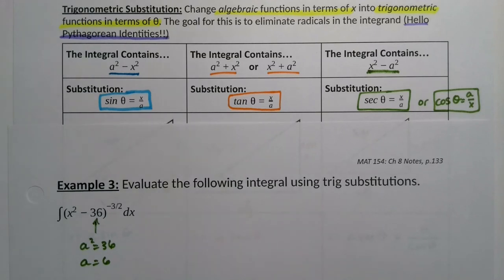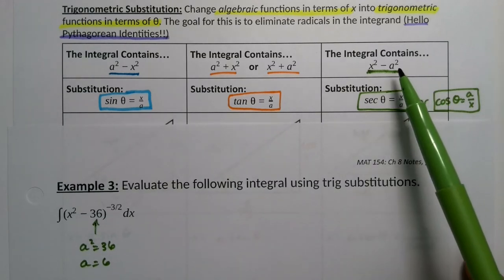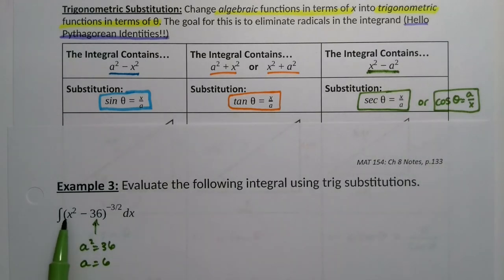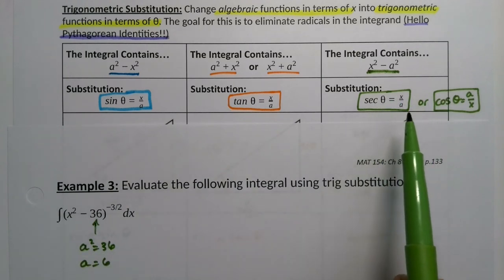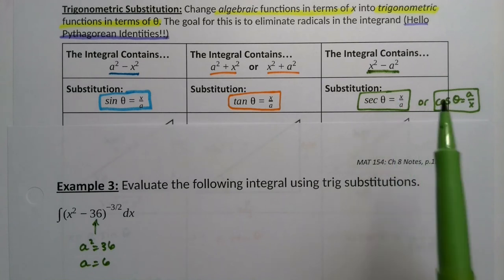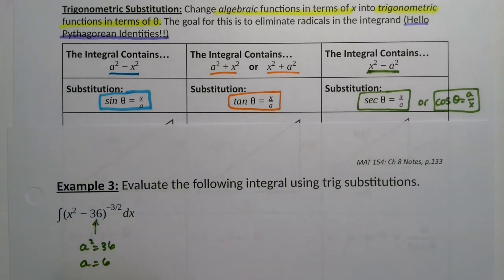For our third example, we're going to use the third type, and you can see it right here because it's x squared minus a squared. So a squared is 36, which means a must be equal to 6. So it's this substitution right here. All right, so that means that the secant of theta